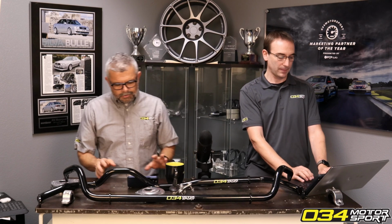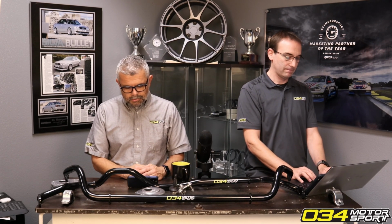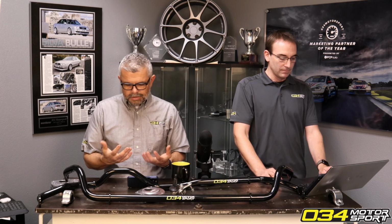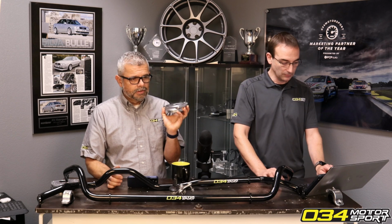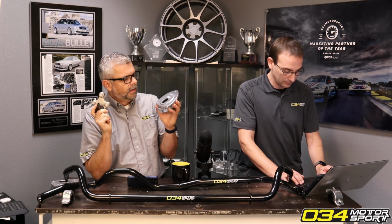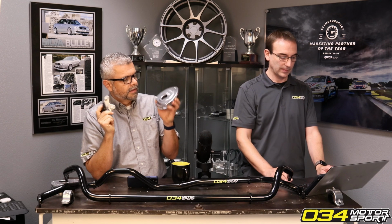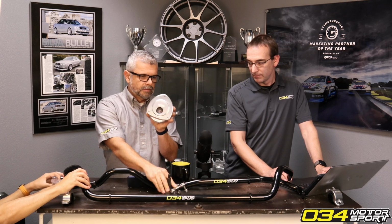Okay, let's talk about this real quick. We've had questions about adding negative camber to a Mark 7, Mark 8, and we have two products currently that will allow you to add all the cambers, specifically our RCO ball joints and our camber strut mounts. And these are our motorsport